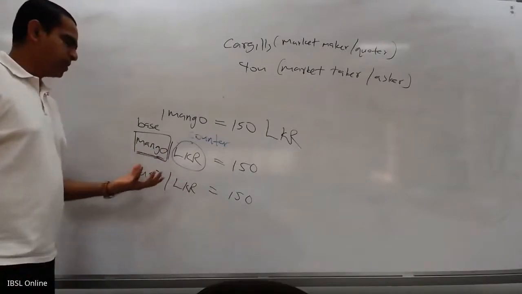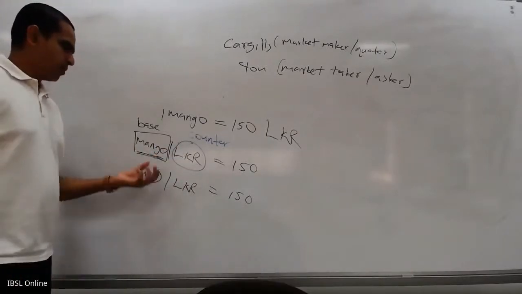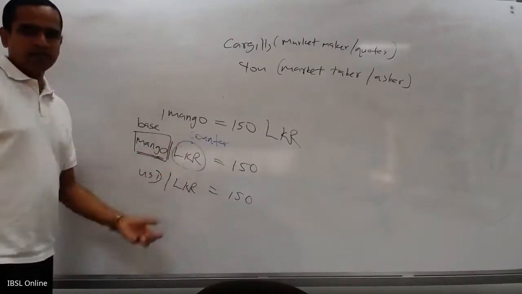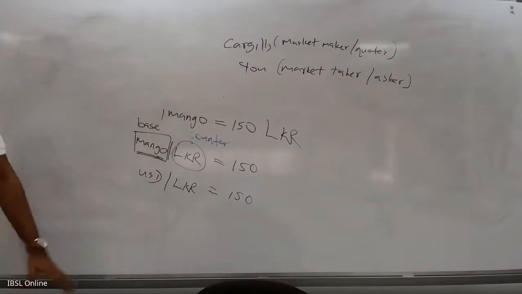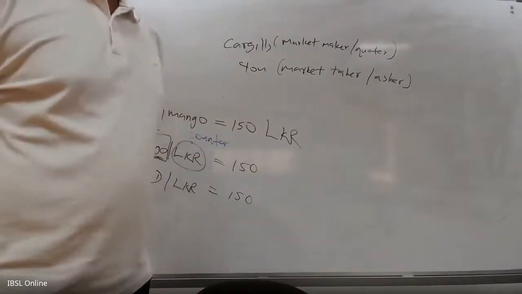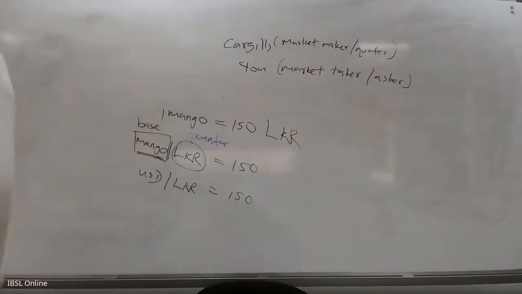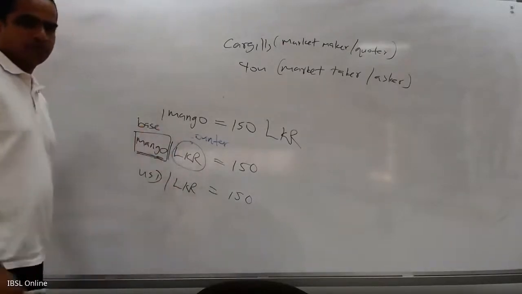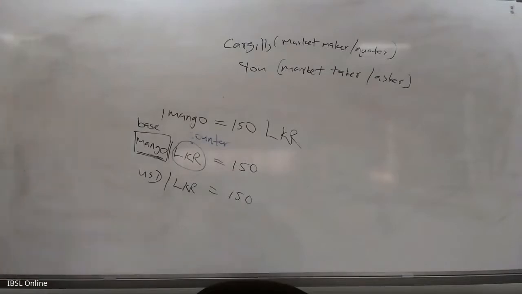So how do you identify the base and how do you identify the counter? Whatever the currency you write first is called the base. And the second currency is called the counter. In this case, the dollar is the base, rupee is the counter. That's very simple. So I hope it is clear. Base and the counter, this is the most important thing. The critical thing is you need to identify the base currency as well as the counter currency. If you identify that, then foreign exchange is very easy. Which is why I said all of you should be masters in foreign exchange.